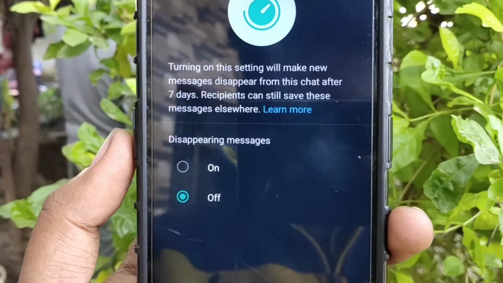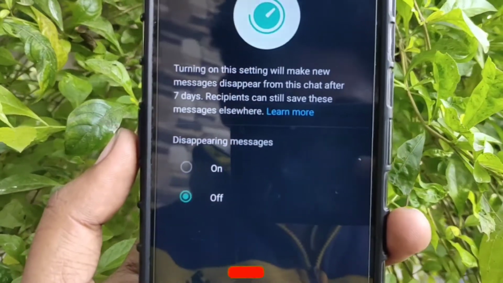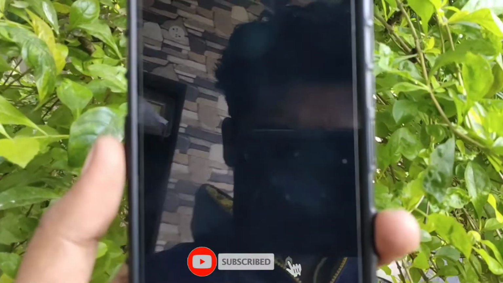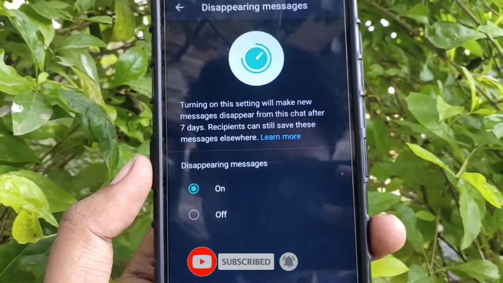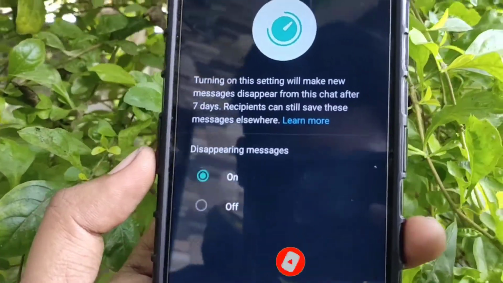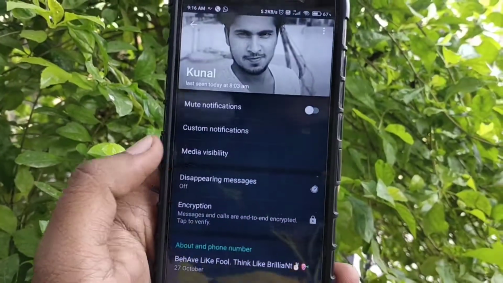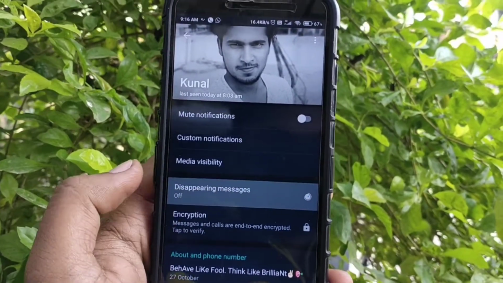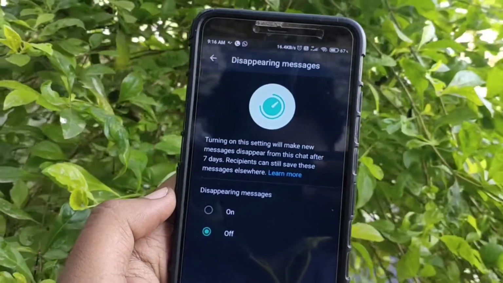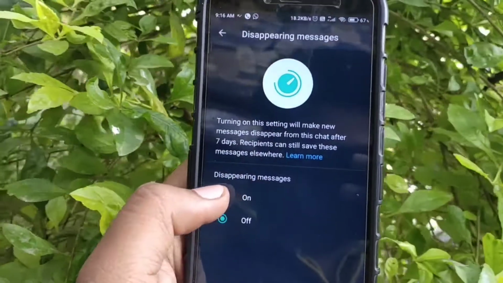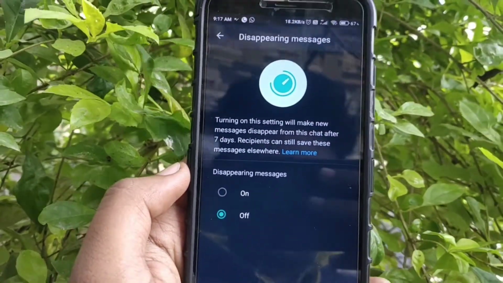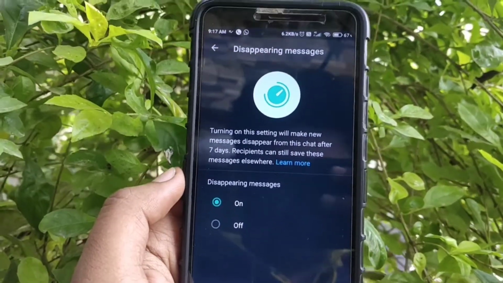And here is how you can turn on the disappearing messages feature on your WhatsApp. First, update your WhatsApp on either Google Play Store or Apple App Store. After updating the app, open the WhatsApp chat window. Tap on the contact name you want to turn on the disappearing messages feature on. Select disappearing messages on. You will have to follow the same process to turn the feature on Android, iOS and